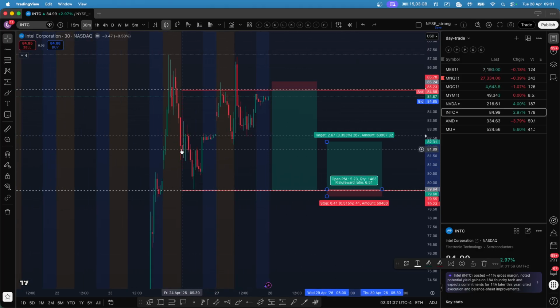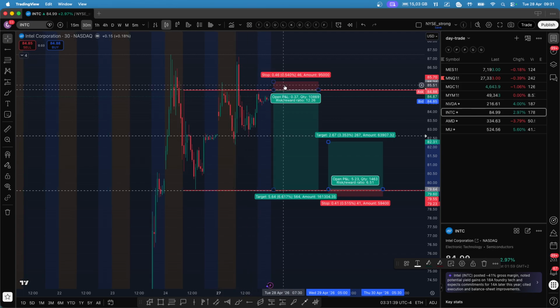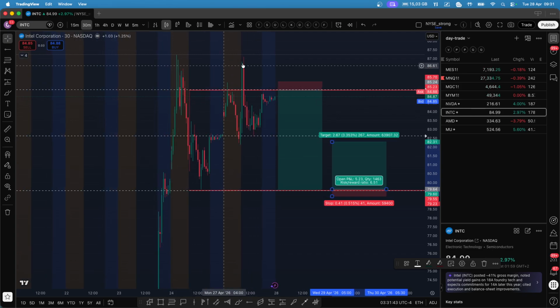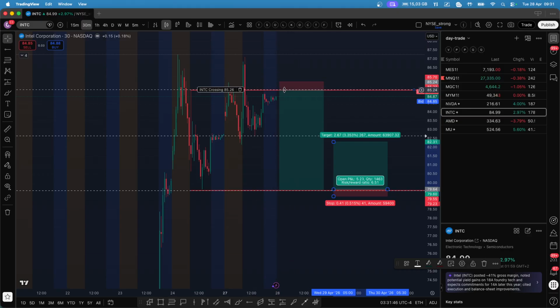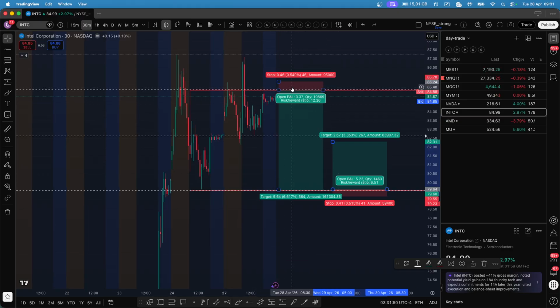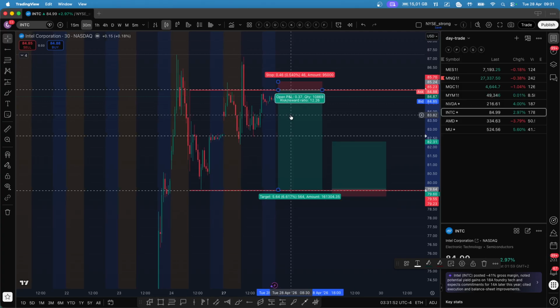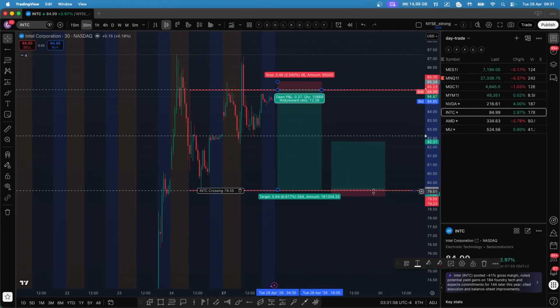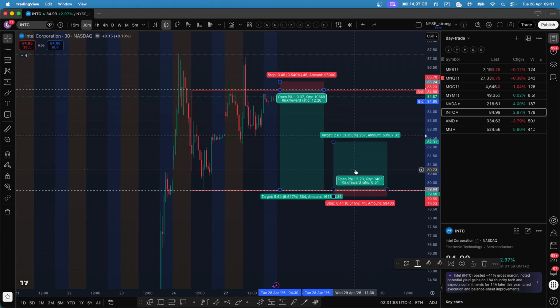Overall, on the higher time frame it is bullish, but at the same time it looks like consolidation is going to happen. So if you believe that consolidation is happening, and we are unable to close above the previous day high, then this idea of shorting will play out, or at the previous day low on a bounce, you can play the long.